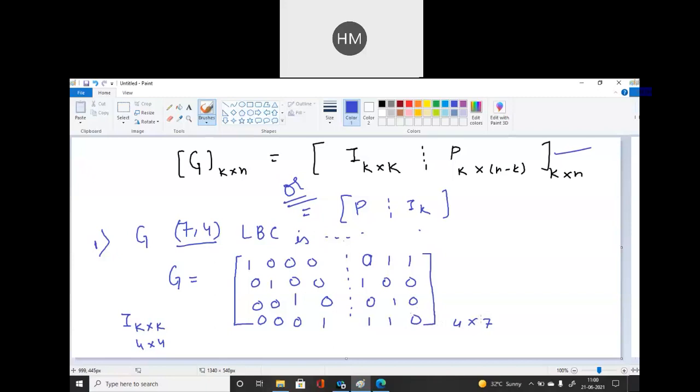Now what is this? The second matrix is the P matrix, the parity matrix, which is very useful to find out the code word. For C K plus 1, we use P11 D1 plus, in continuation, then C K plus 2. There we require P11, P12, P21. So this matrix is defined over here, the P matrix. I think you have all written this in your copy.